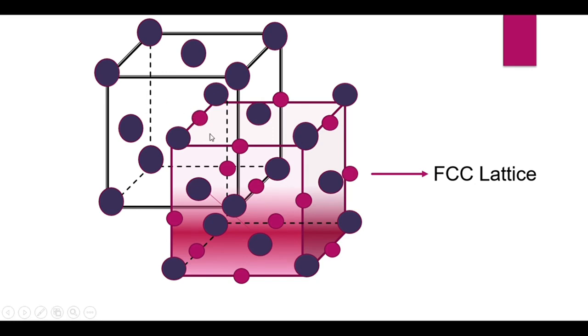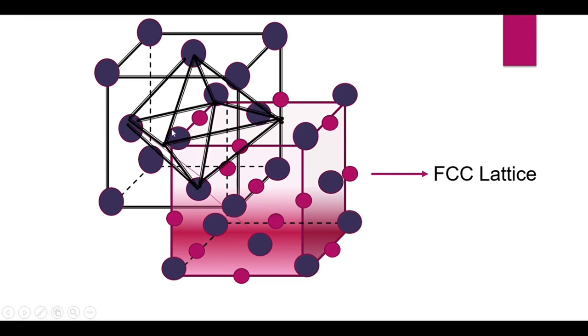That is, by shifting the origin, you can imagine this edge centered position is actually the body centered position of another cube, and this octahedral void is made of the face centered atoms of that cube. Okay, so by shifting the origin, you can think about the edge centered position, which is actually the body centered position of another cube, and this is the octahedral